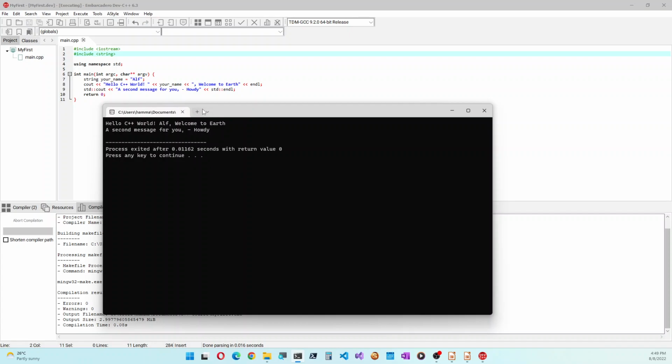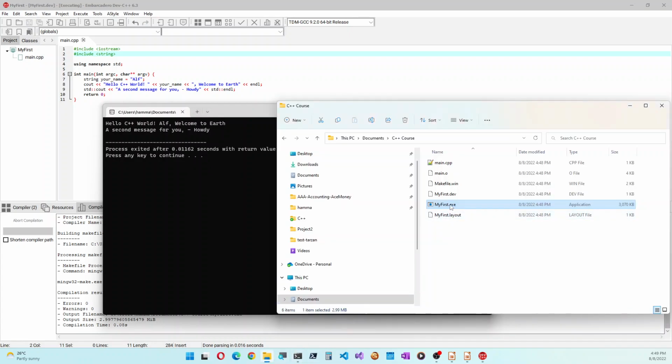Okay, now I ran it through the command line using the IDE. So it's not closing the window. It's saying press any key to continue. So it is waiting for my input from the keyboard.